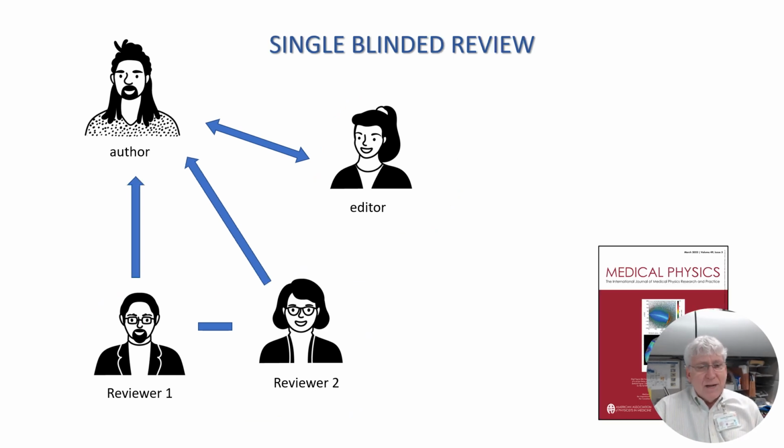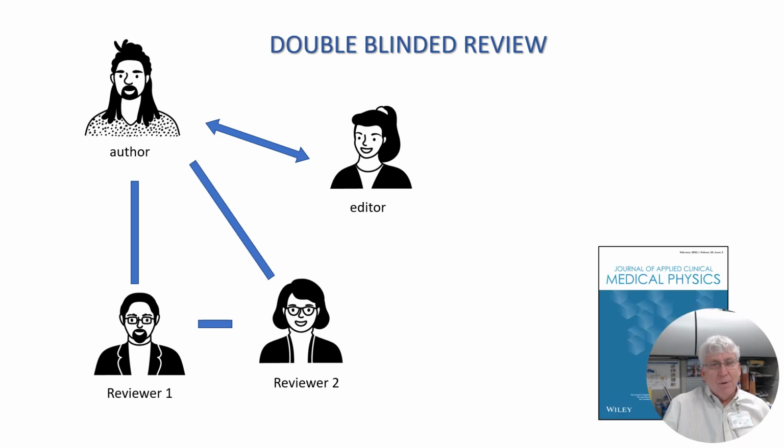In a single-blinded review, which again is what medical physics is, the authors know who the deputy editor is, by the way, because they will have submitted to that person, but they will not be familiar with who the referees are. But the referee will know who the author is. Double-blinded, to be perfectly honest, that means the authors and reviewers don't know anything about each other.